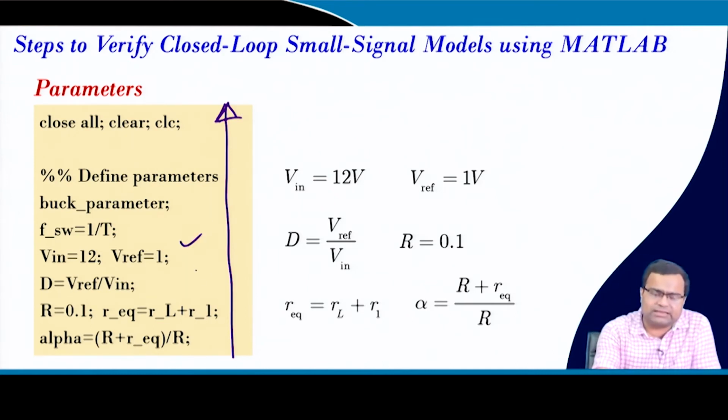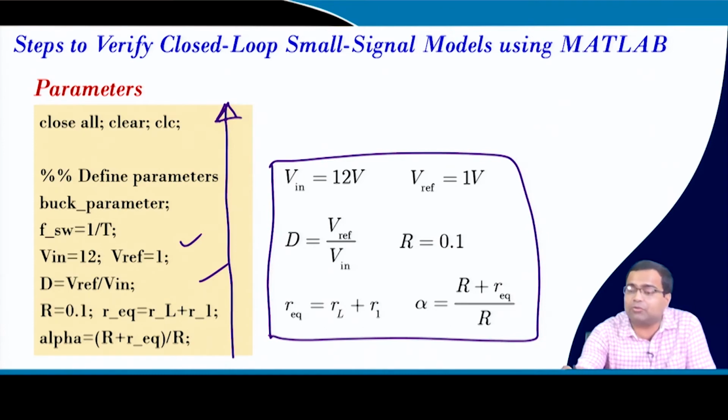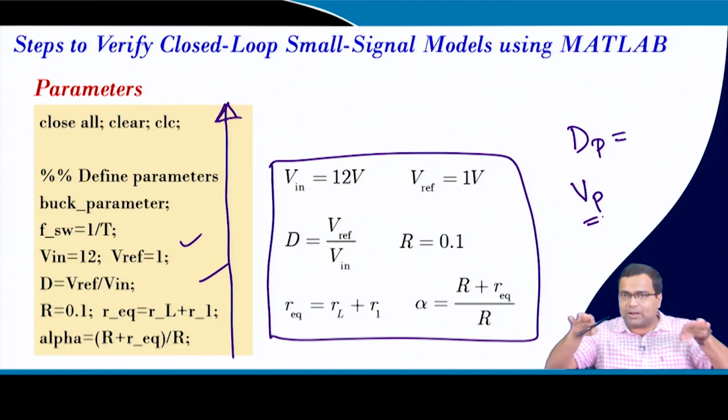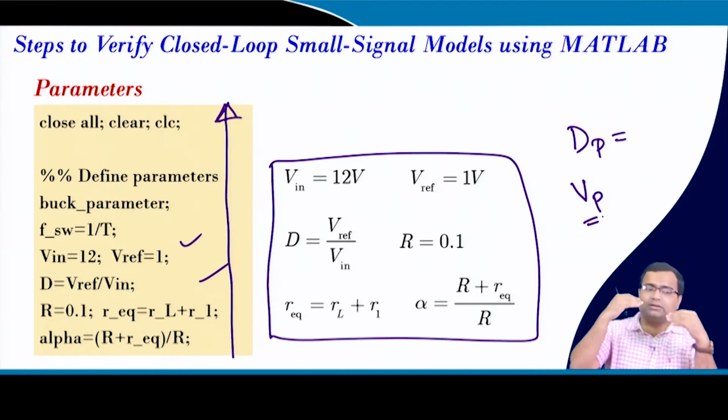So, these things are already discussed in lecture number 13, and these all are equivalent, etc. is explained. But now here we do not need a practical duty ratio. Why? Because in the earlier case we needed a practical voltage, because it was open loop. We obtained the AC and transient simulation from small signal, and we wanted to add